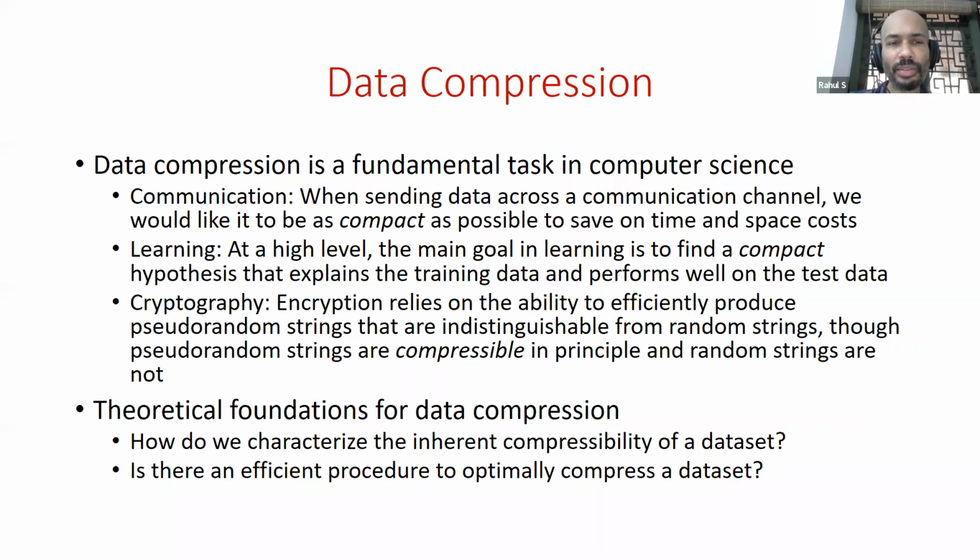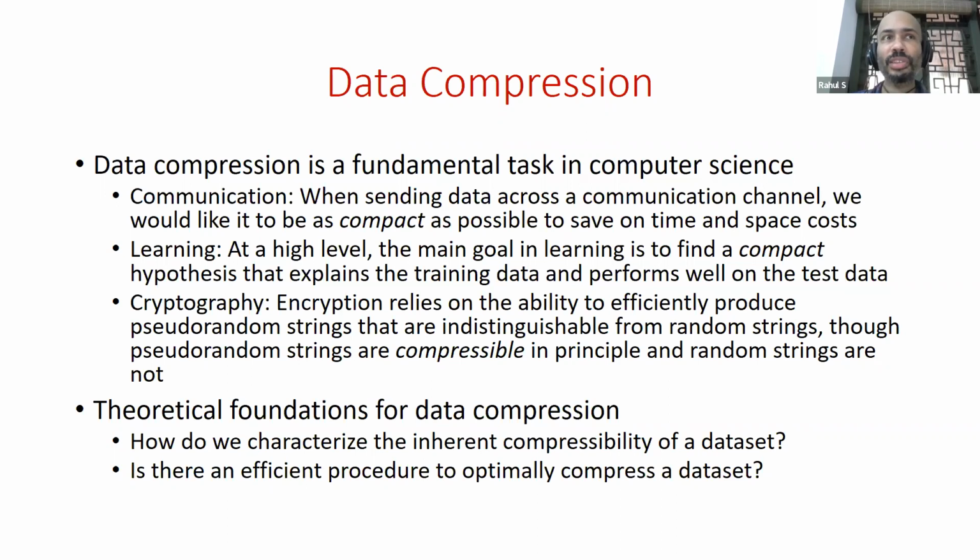And it might be less obvious, but compression is also key to cryptography, because one of the key primitives in cryptography is pseudorandom generators. And when you're sending encrypted data across, this relies on the ability to efficiently produce pseudorandom strings, which look like random strings. You can't really tell the difference easily using an efficient algorithm.